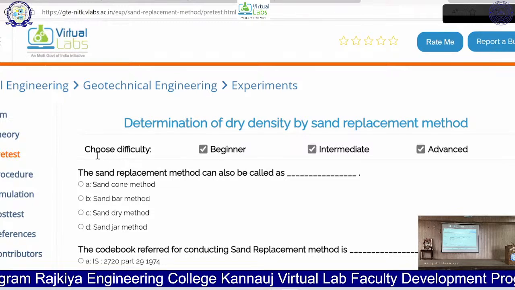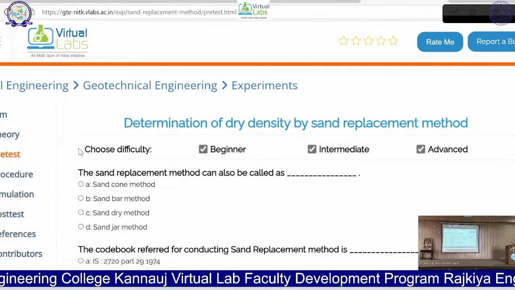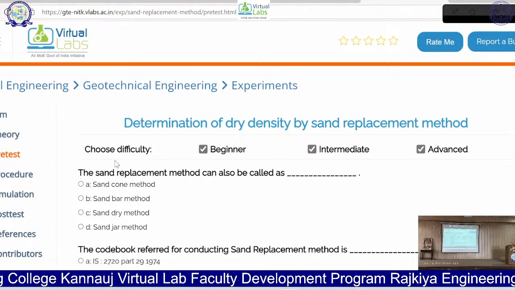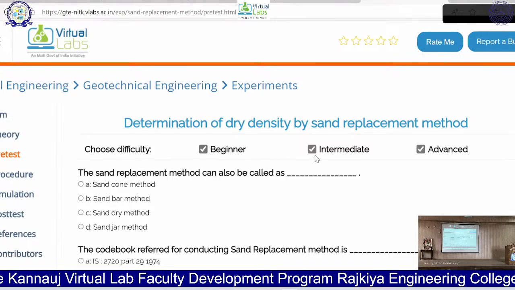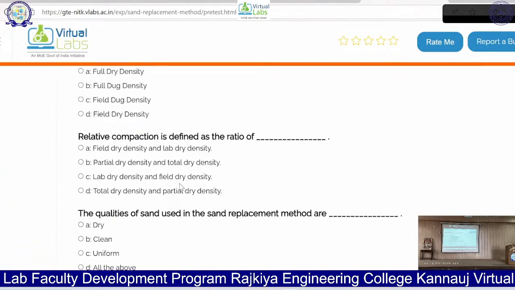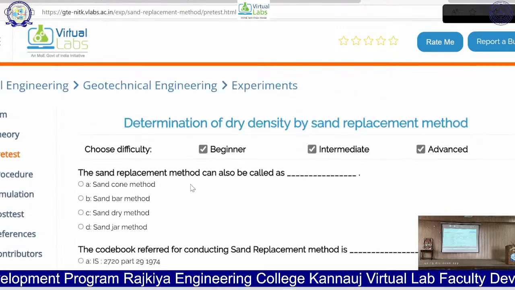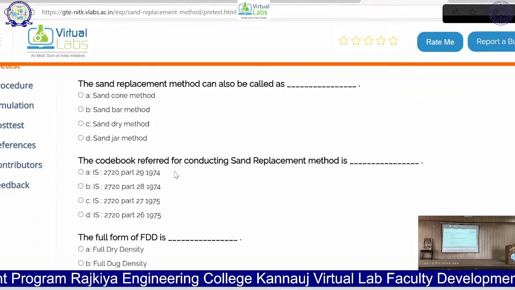Here you can also choose the difficulty. Earlier this was not there. Now they have introduced this difficulty level: beginner, intermediate, or advanced. Depending upon your ability to understand the concept, you can choose any of those three.